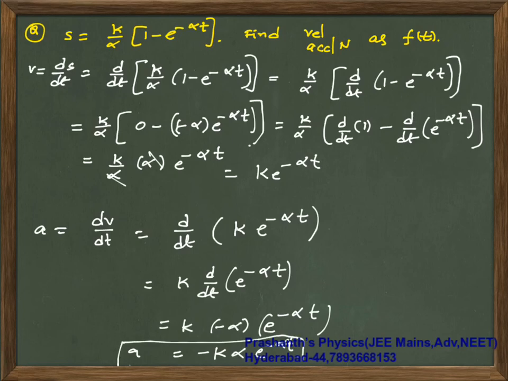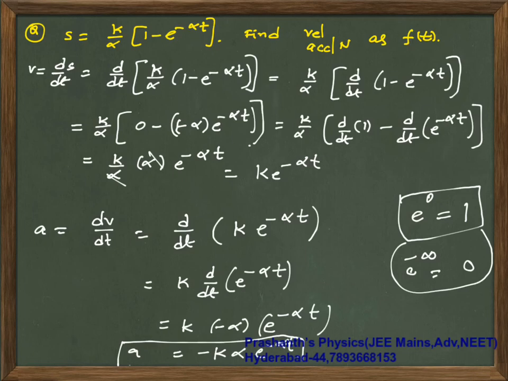Okay, and in this, if you are asked initial velocity and all, substitute time t equal to 0 and e power 0 is anyhow 1. So from this you will get the answer. E power minus infinity is 0. Okay, so keep these relations also in mind for simplification sake. Okay, next,